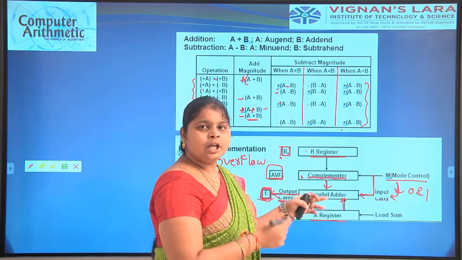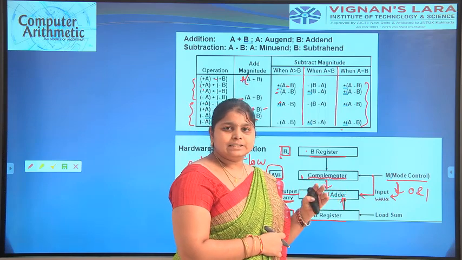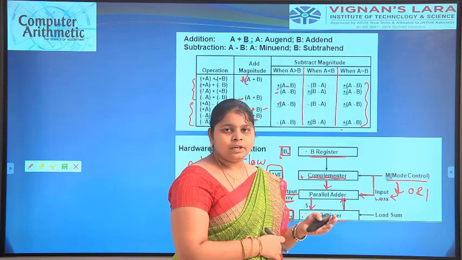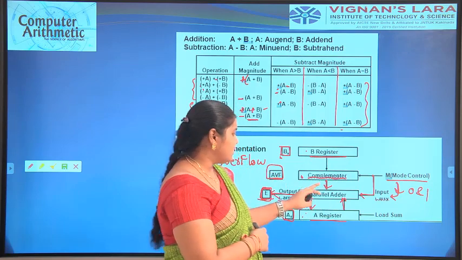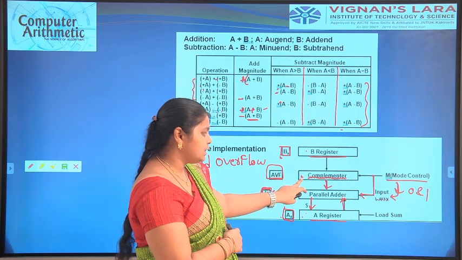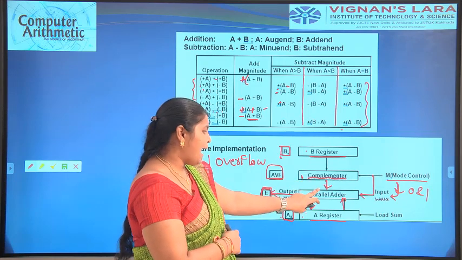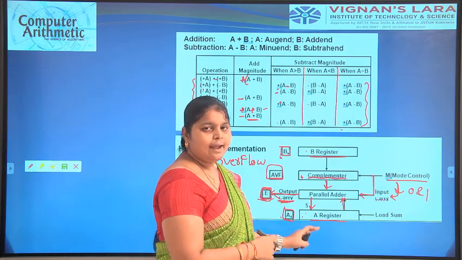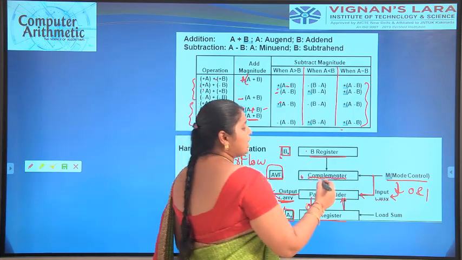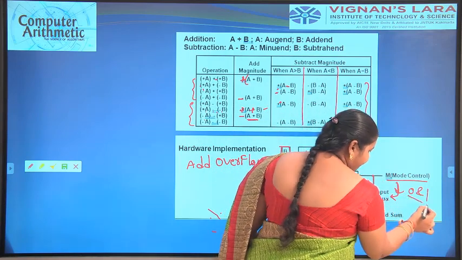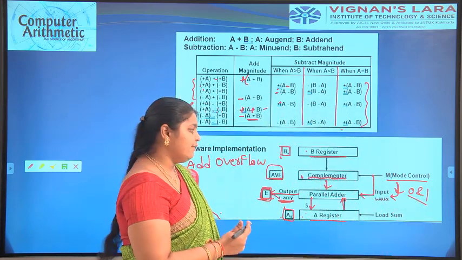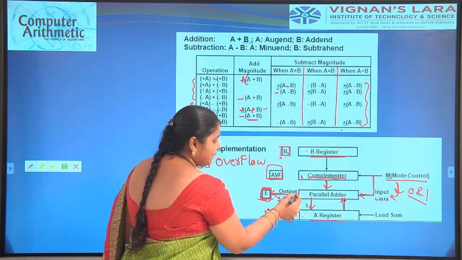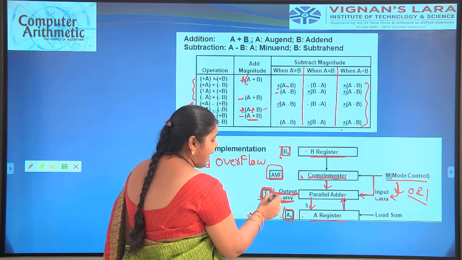For subtraction using complements, we have to take the subtrahend's ones complement and change it to the twos complement. Then only the resultant output will be obtained. That's why the subtraction operation can be done by using the complements. Next, the parallel adder transfers the information from the B register to A and A to B. Here the mode control means the information is in the form of zeros and ones. This is the input information, and the output will be transferred by using the parallel adder.